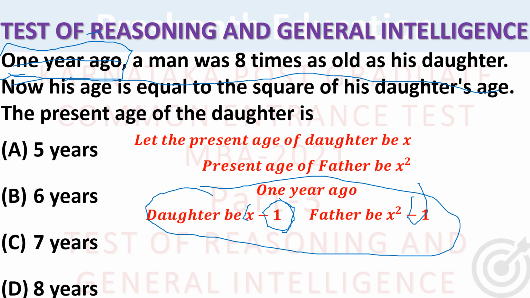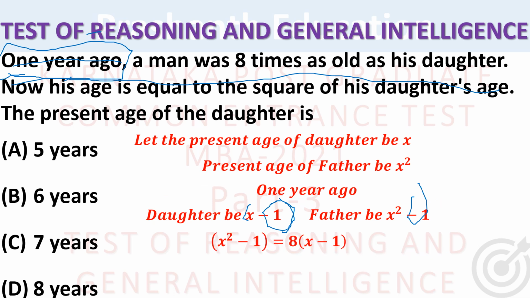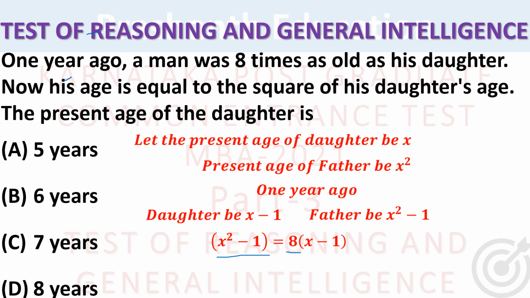The man's age was 8 times that of the daughter. So here the man's age is x square minus 1. This is the father's age, x square minus 1. This is the man we are talking about, and it is equal to 8 times his daughter's age. So 8 times is this, and the daughter's age, we know, 1 year ago was x minus 1. So we have created the equation. So the equation is completed. Now we go ahead and solve for x, and we will come to know the